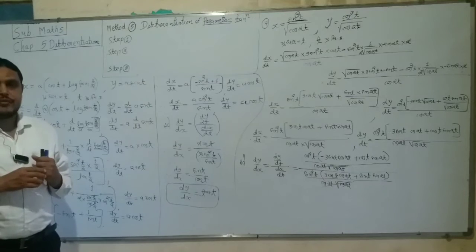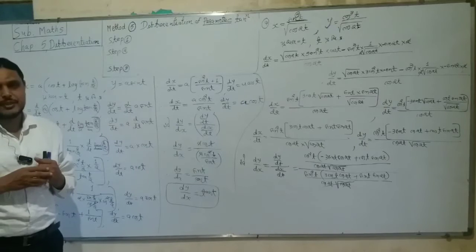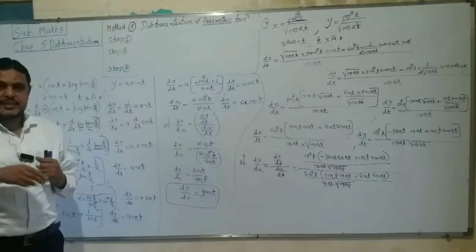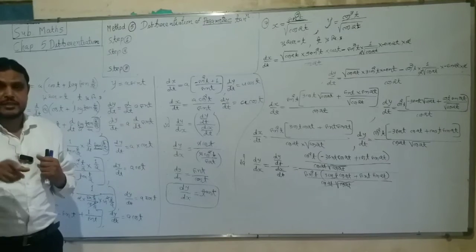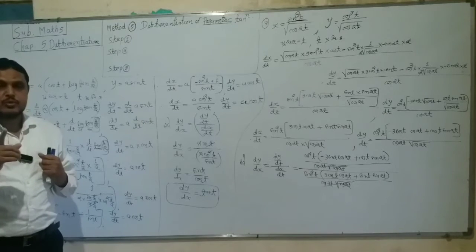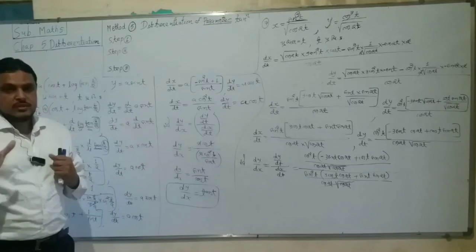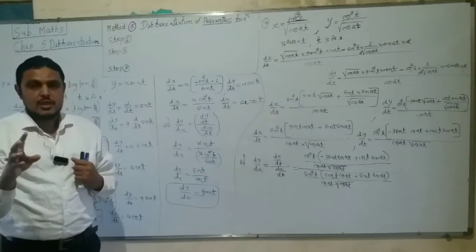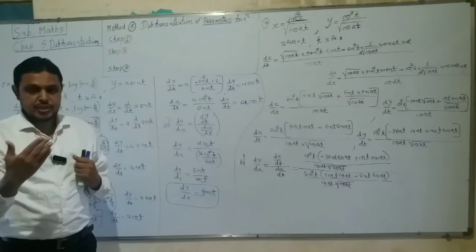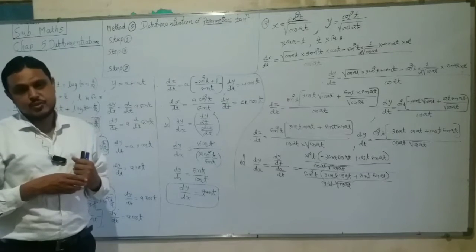Sums number 1 to 8 of exercise 5.3 are based on the method for differentiation of an implicit function, and sums number 9 to 15 of exercise 5.3 are based on the method for differentiation by using the substitution method. Method number 4 is differentiation of more than 3 functions in multiplication, and differentiation of variable raised to variable, variable raised to function, function raised to variable, and function raised to function.